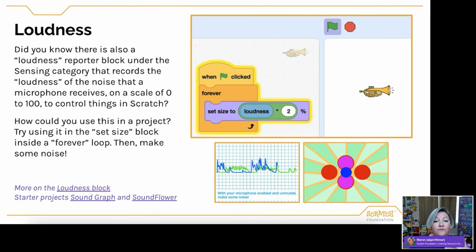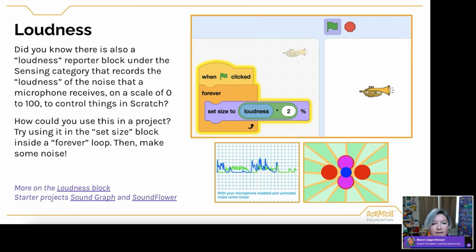And a few other blocks I just want to mention before we get close to wrapping today are the loudness blocks. These aren't music per se, but I really love the loudness blocks because they have a lot of fun applications. So these loudness blocks I'm talking about, it's actually a reporter block that records the loudness in the room around you.